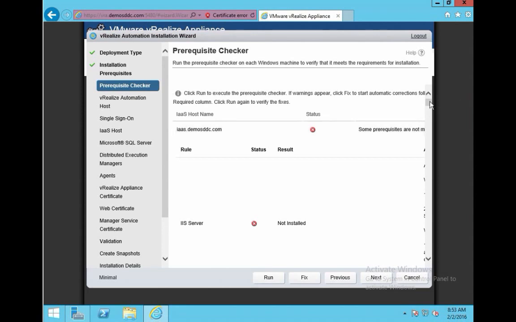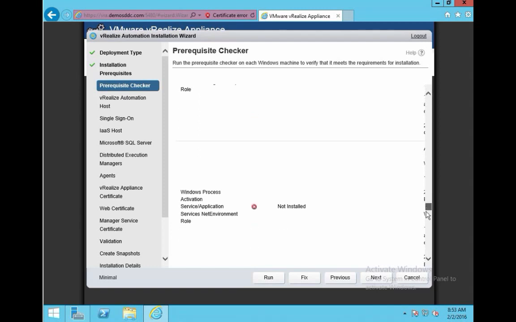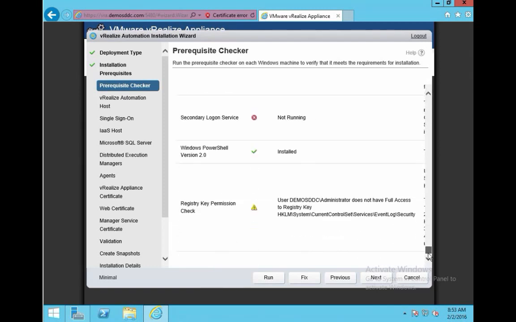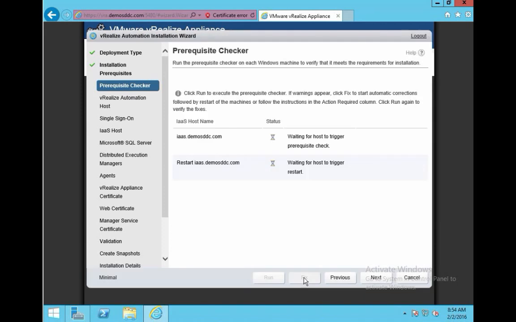The next step you are most likely going to do is show details, and now you see all the different errors and issues, and if you were to scroll to the right, you could also see the solutions for it. We are going to just hit the fix button, and what's going to happen next is the agent together with the VRA appliance is going to fix all the issues in the Windows box, and finally it's going to ask us to actually reboot the box, which is quite interesting because in our scenario here,